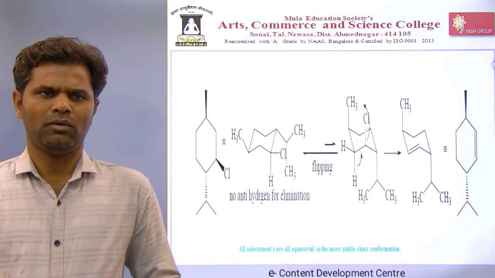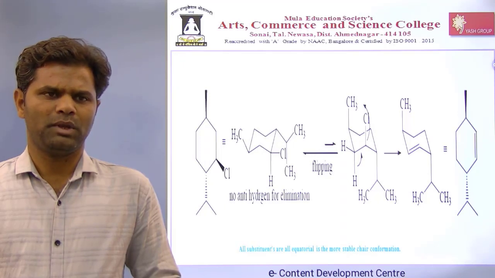After ring inversion, the equatorial chlorine becomes axial, and with respect to that axial chlorine, you consider the conformation after ring inversion. All three substituents are at the axial position, and before ring flipping, they are at the equatorial position. That's why in this case, the less favorable conformation is formed by ring flipping, because all three substituents are at the axial position, having steric crowding. Therefore, in this case, only one axial hydrogen at the adjacent position, having the anti orientation with that of chlorine, undergoes